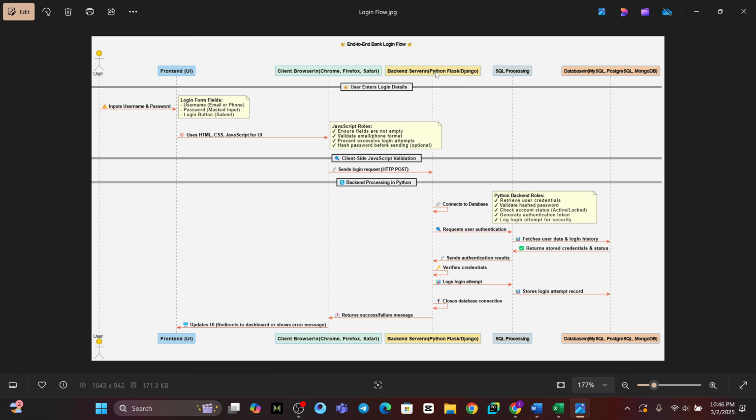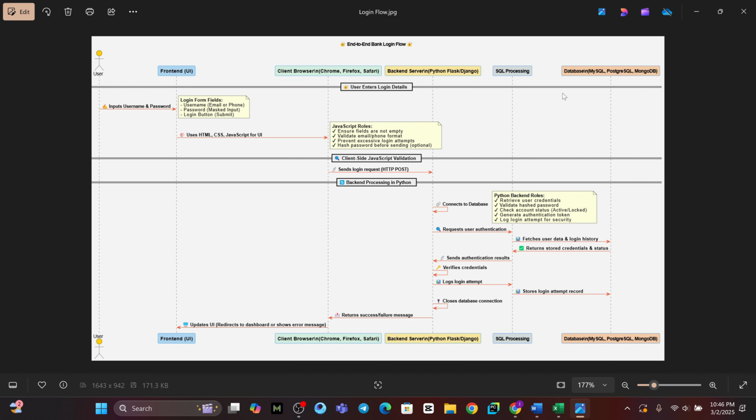So which backend programming languages? One of those backend programming languages is Python, right? Python handles this business logic, where it will validate and authenticate the user. Authenticating the user means it will take the credentials from the user, the username and password, and verify from the database whether it is a valid user,